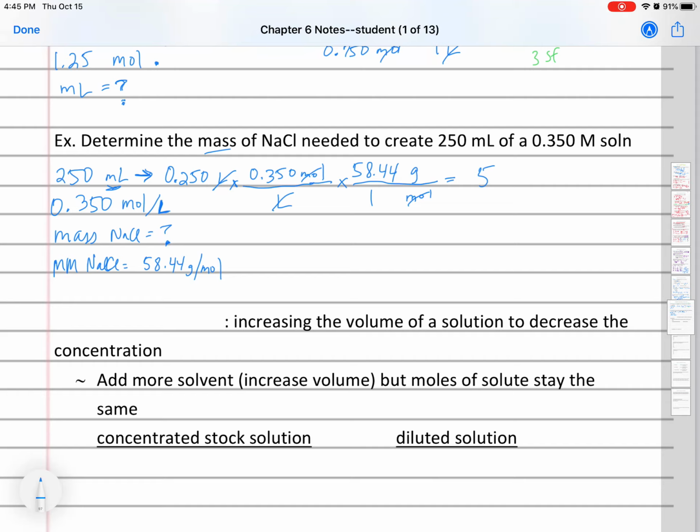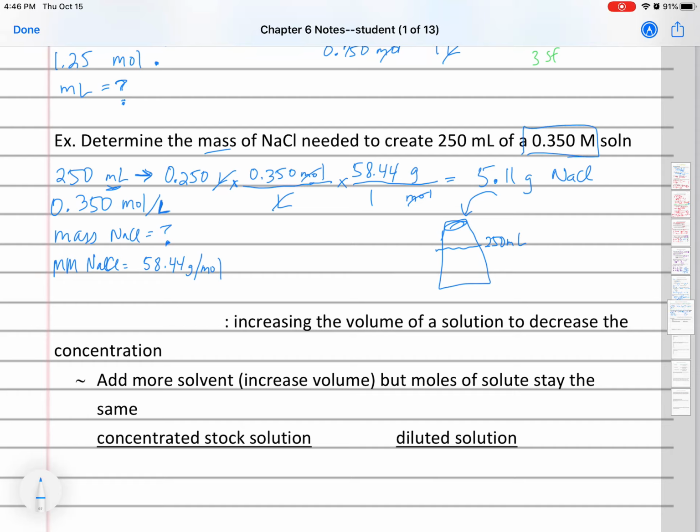So we do the math here. We should end up with 5.11 grams of sodium chloride. In other words, if we want to make a 0.35 molar solution, this is supposed to be my flask, we need to add 5.11 grams of sodium chloride and then bring it up to a volume of 250 milliliters with water, and we would end up with a 0.35 molar